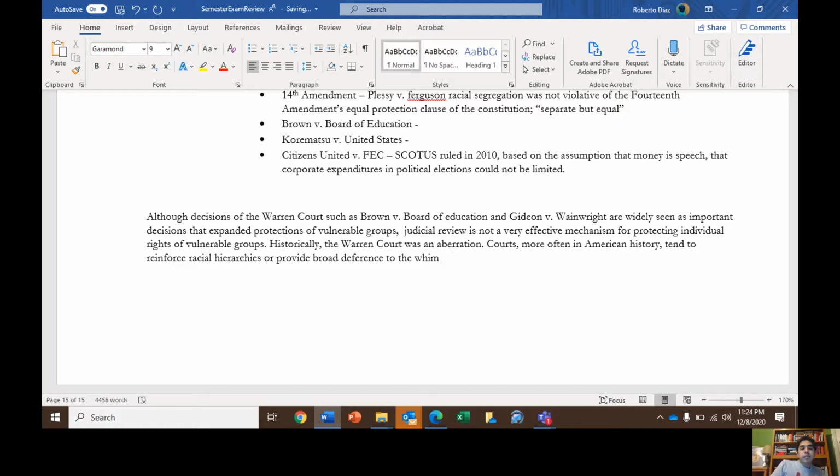You can make that a theme. I was trying to get ahead of myself, but you could make that a theme. Historically, the Warren Court was an aberration. Courts more often in American history tend to reinforce racial hierarchies, as was the case